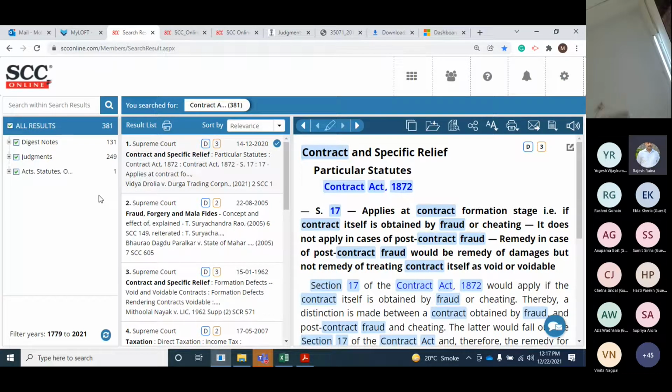All right. So moving ahead, after getting the results on a particular search, we also want to save some documents in a folder, and that facility is provided in SCC Online. So to create a folder, you will have to choose this option of Add to my SCC Online folder, which is in the third column, second icon. You'll click upon it, and it will prompt you